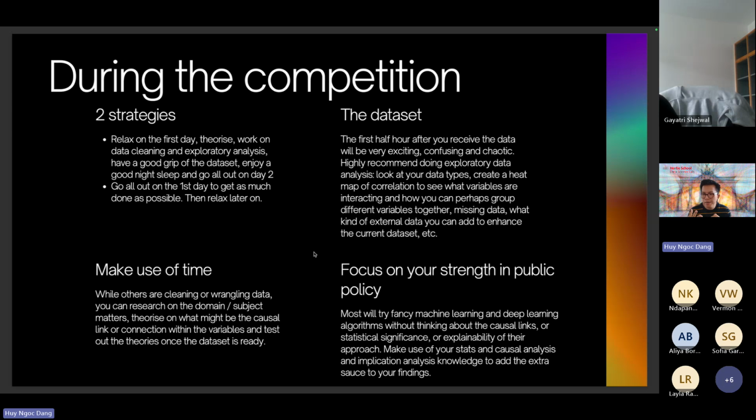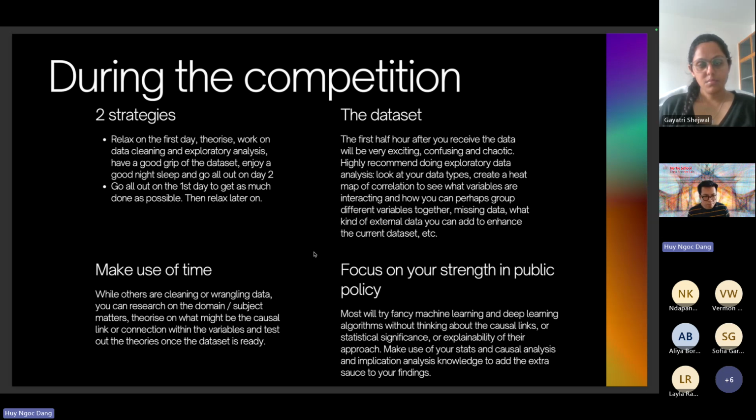You can do it right at the beginning, and not at the end when everything is already done and someone says, okay, how about adding this other data? I highly recommend you research and add it at the beginning. That's why I think it's highly relevant to sit with the data first before doing any coding, so that you have a clearer idea about the data, what you need, and what is perhaps missing from the dataset.